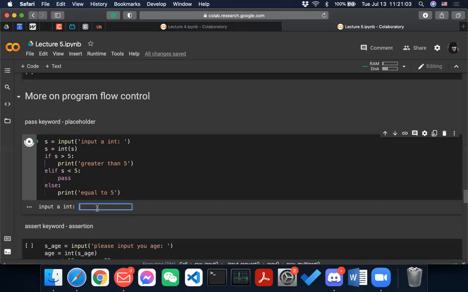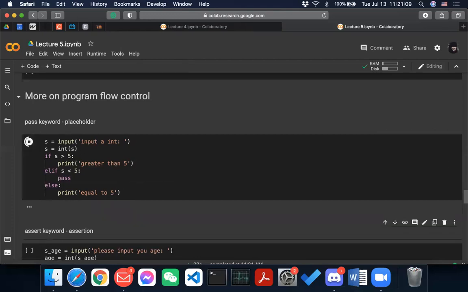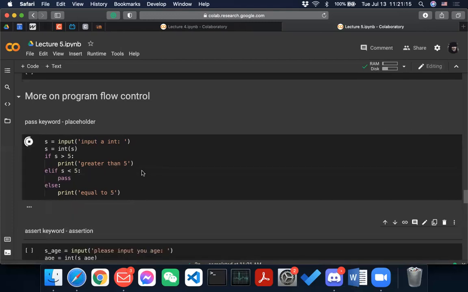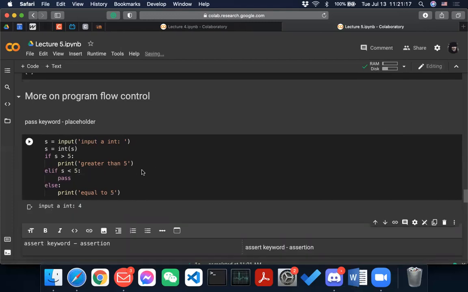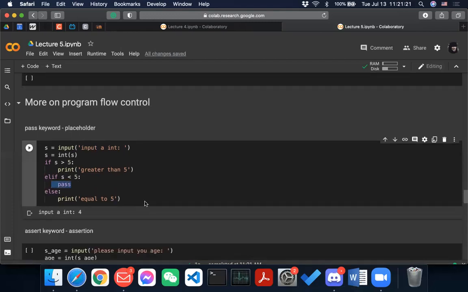So, for example, I do 6, and it will print greater than 5. If I enter 5, it says equal to 5. But if I do 4, it does nothing, because here pass does nothing. So that is just pass. It is just there as a placeholder.